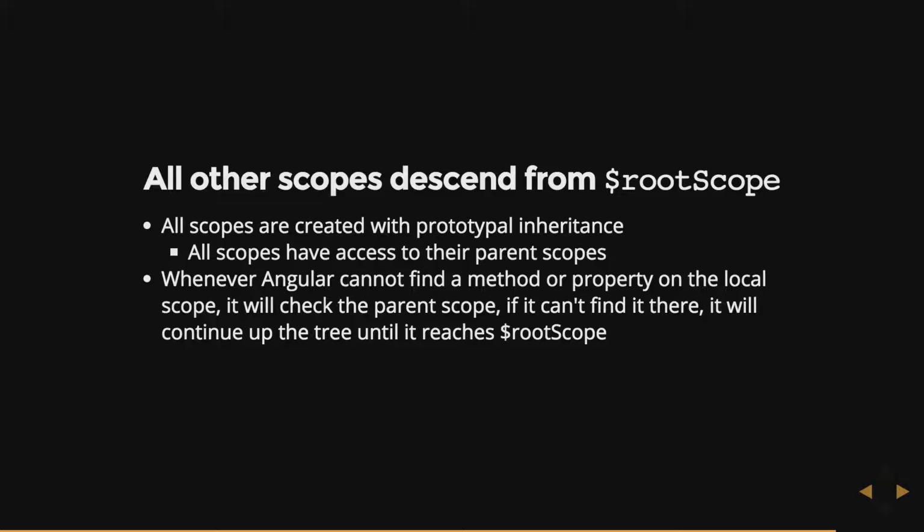That's what I was wondering, what prototype objects are. It uses JavaScript prototypical inheritance, I have a link to it at the very end. Anything you've seen with prototype, it's actually doing that, and it's setting the prototype of $scope to be root scope. This one sentence is probably better than what I just rambled: whenever Angular cannot find a method or property on the local scope, it will check the parent scope. And if it can't find it there, it'll go all the way up the tree until it finds the root